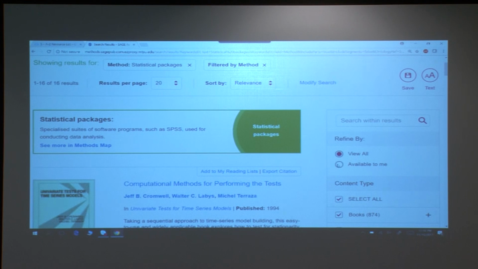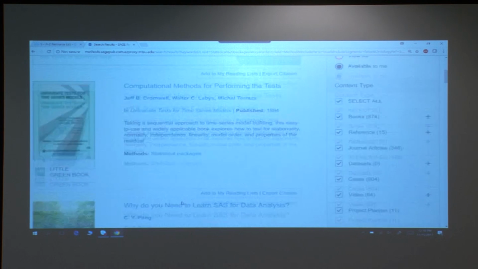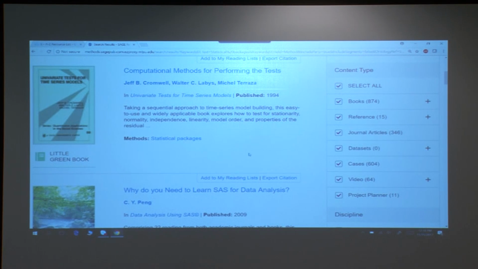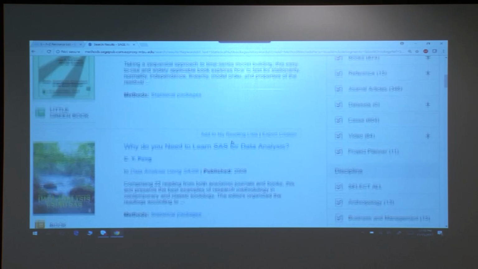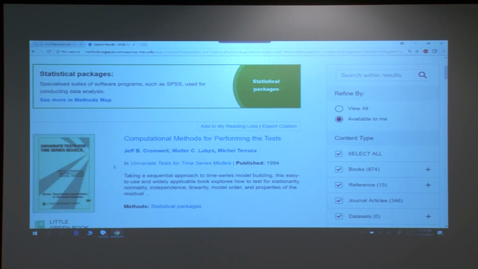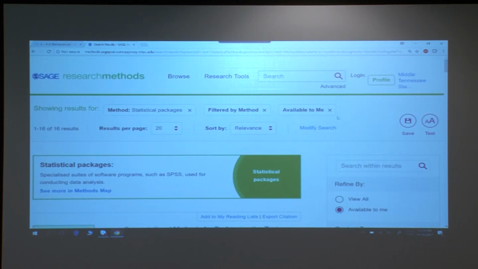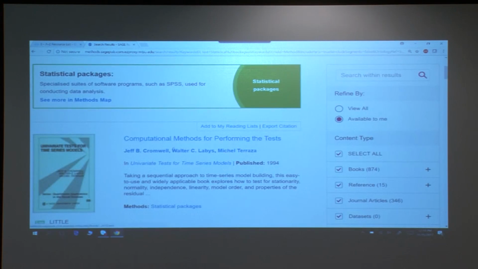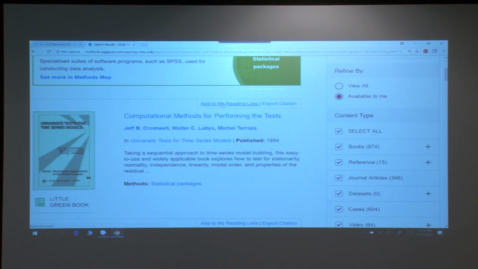But again, let's click "available to me" on the right there before we get going too far, and it'll pull back the Little Green Books series, and this might be something you were looking for. You might want to embed that into your class, so you can create a reading list at the top. You would have to do that by creating a profile first. And then as you go through and find things for your class reading list, you can just click on that blue "add to my reading list," and it'll pop that into this ongoing reading list that might be course content